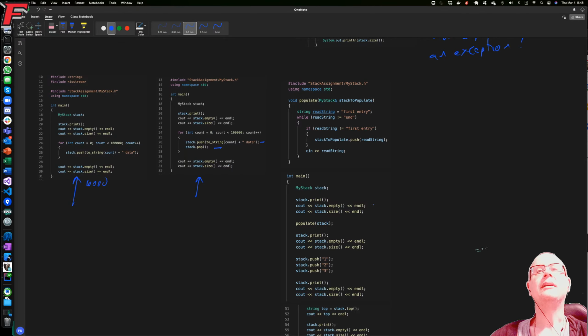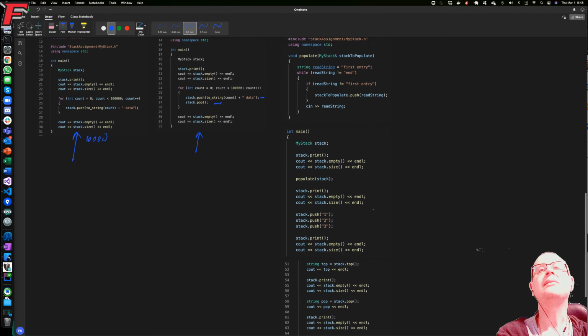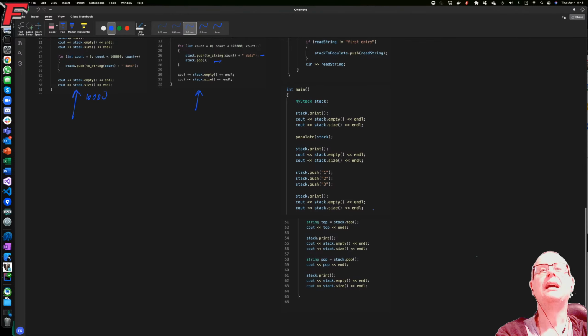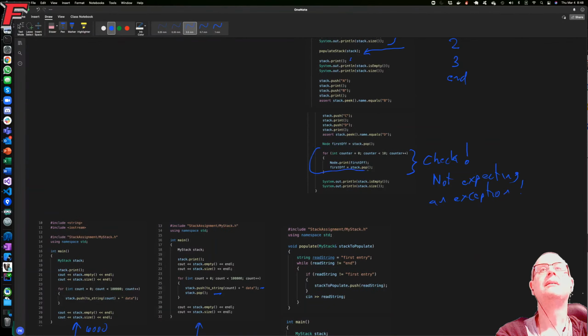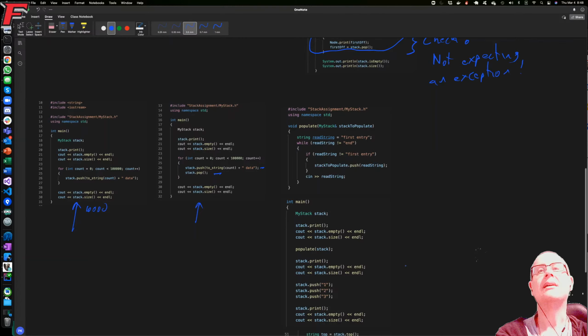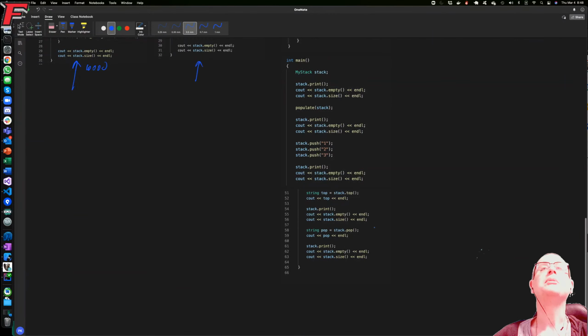And then again, the populate stack test is similar, although in this one I don't do the popping until the stack is empty thing at the end. Maybe I should have added that, but I didn't. Okay, that is a quick introduction to the stack